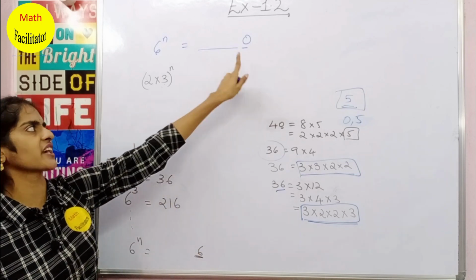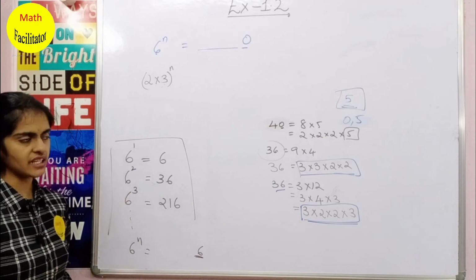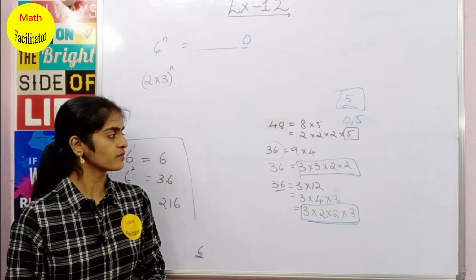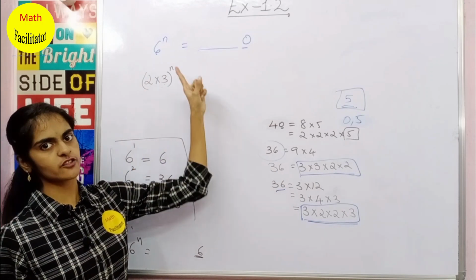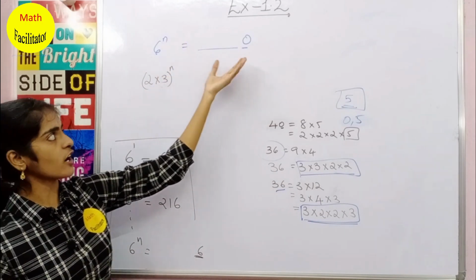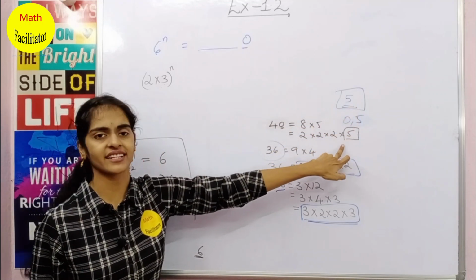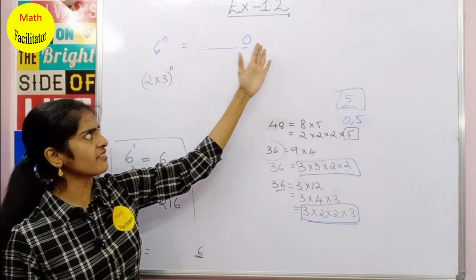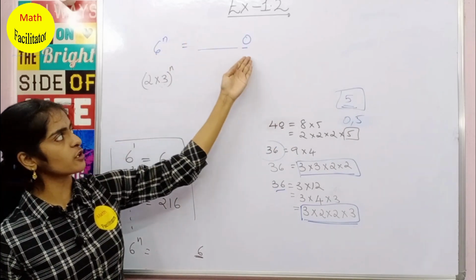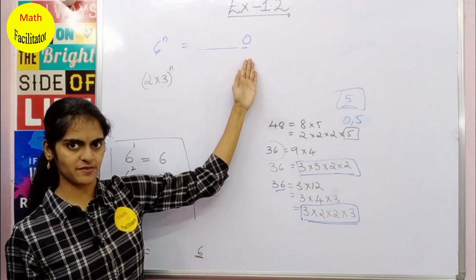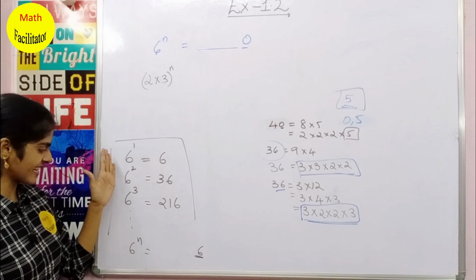So nowhere can you have 0. Clear? So this is one way of proving with examples. The other way is using the fundamental theorem of arithmetic. You have proved that only 2 and 3 are the factors of 6. Which means if you want to have 0 in the units digit, you should have 5 as one of the factors, as I told you. Since 5 is not there in these factors, you cannot say that 0 will be the digit in the units place. Clear? So ultimately you know that 6 should be the digit in the units place, taking examples.